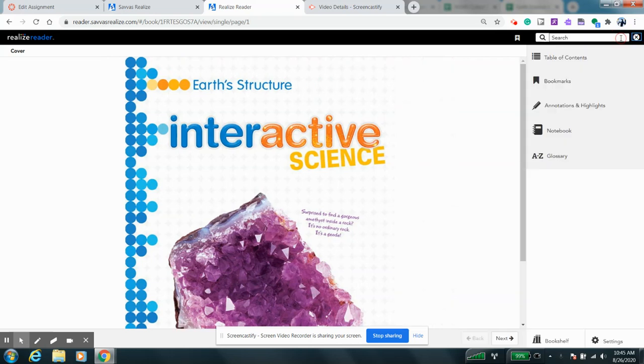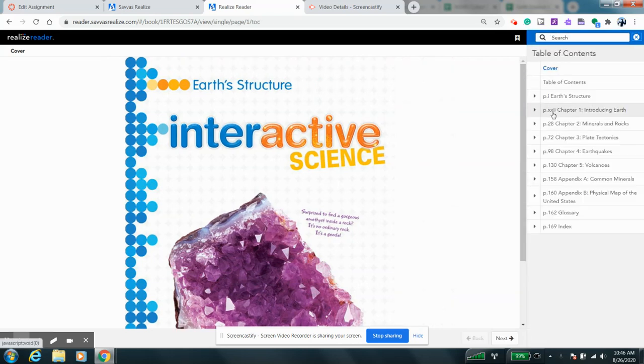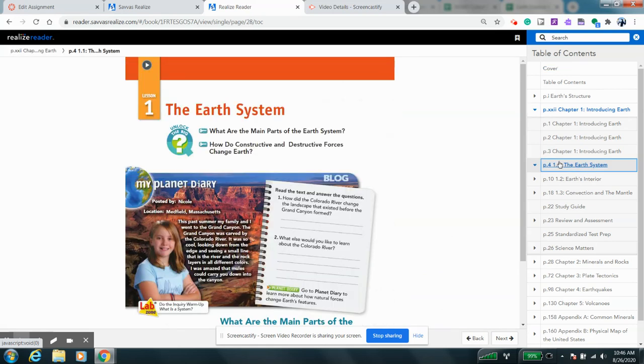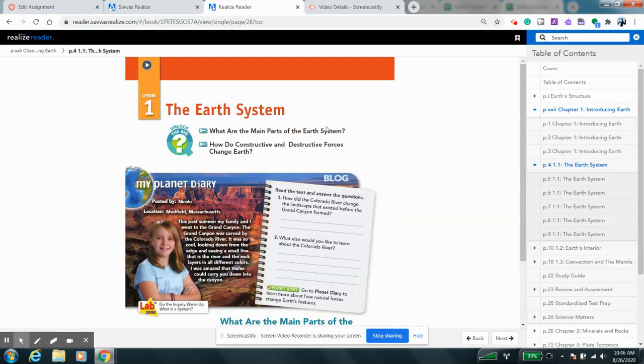How do we get to the chapter that we're doing? Eventually it'll come up. Again, if it takes a while, it is what it is. Table of contents, and we will go to chapter 1. And I can actually even go right into the lesson that I would like to do. So in this case, I am going to go to page 4, the Earth system, and you will see the